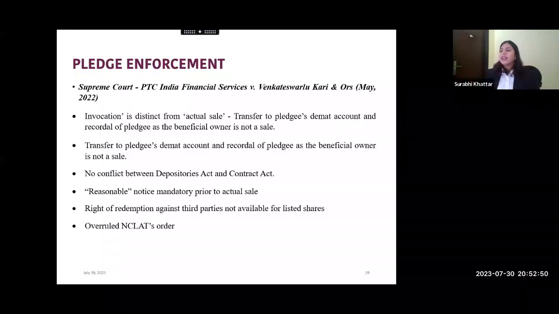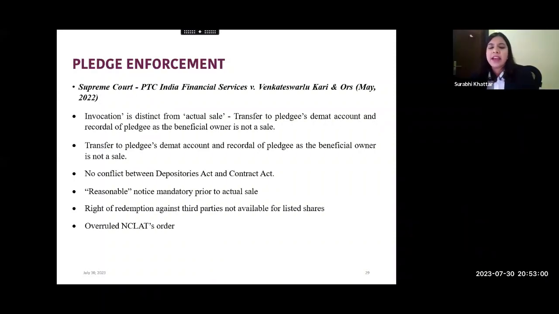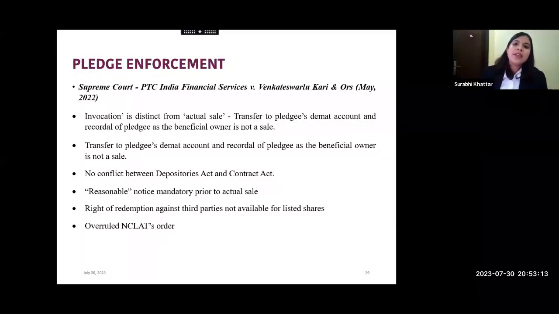Another issue that has come up in several CIRPs but is now settled by the Supreme Court is the issue of pledge enforcement. Now, the argument that corporate debtors used to raise was that if there is a pledge that is provided and the pledge has been invoked by the lender, and in case of demat shares, what happens is, before getting into the judgment, I will give you a brief background so that the issue is clear, that when there are demat shares,